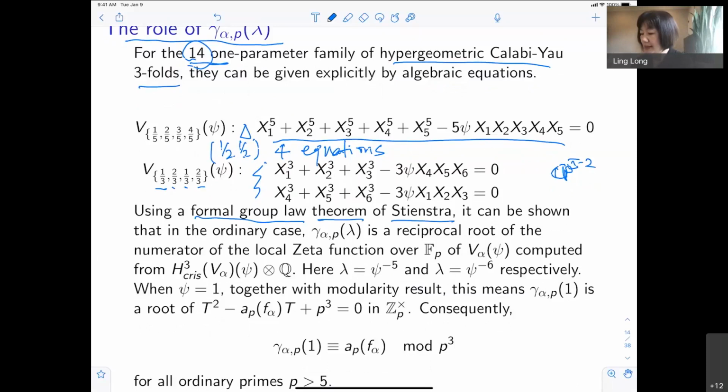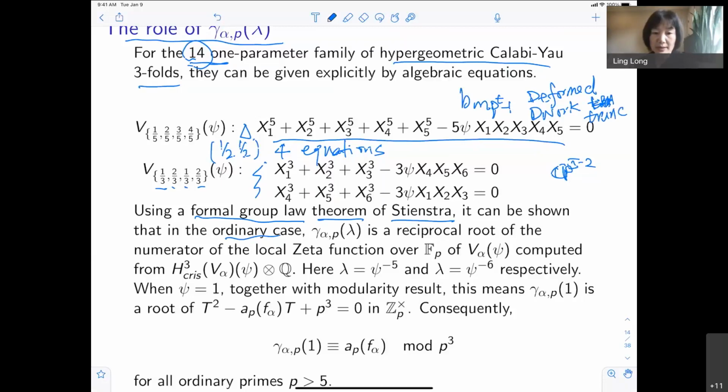And so in the ordinary case, you can actually use what he computed. What he computed in Stienstra's paper is not exactly truncated hypergeometric functions, but deformed hypergeometric functions. So if we look at them modulo p to the t minus 1, they are not the same as in Dwork's case, but they are deformations of the Dwork truncated hypergeometric functions. And then there is a technique which is used by Fritz Beukers and Masha Wolasenko, allowing us to claim that the ratio